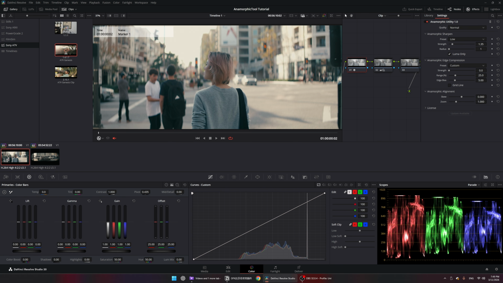So let's start with the features of the utility. There are three main features. The first one is Anamorphic Sharpen. I would consider Anamorphic Sharpen more like a correction tool, not like traditional sharpen tools. No matter how sharp your anamorphic lens is and how high resolution your camera is, the footage always suffers from